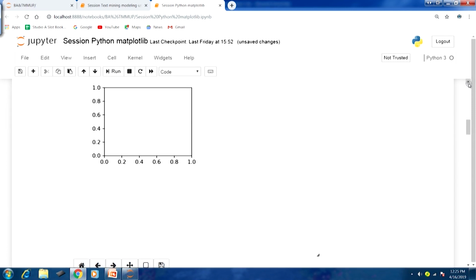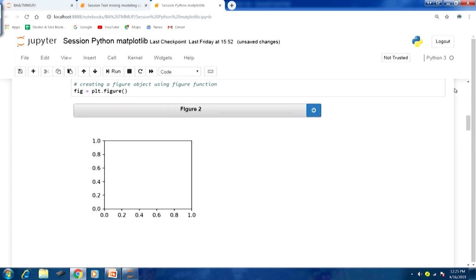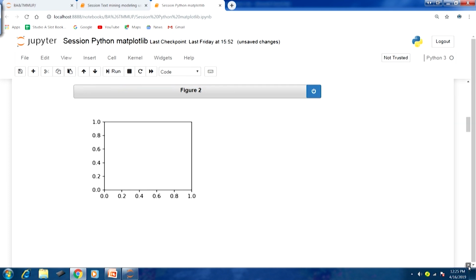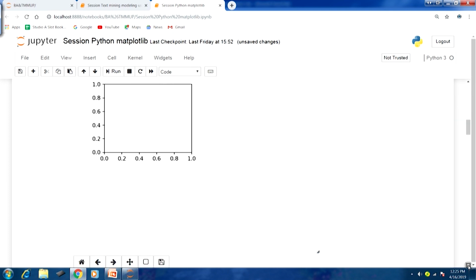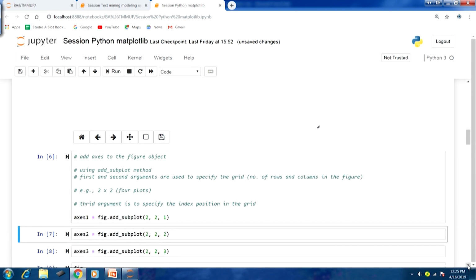If I go back to the figure object, you can see this is the very first top left corner of the figure object. The index 1 starts from there, and that particular index has been selected to generate these axes. Essentially a subplot, we would be able to add a subplot using these particular axes.